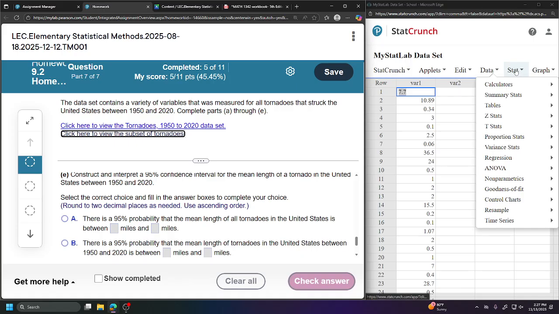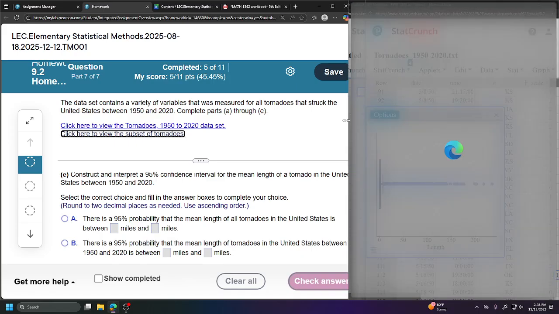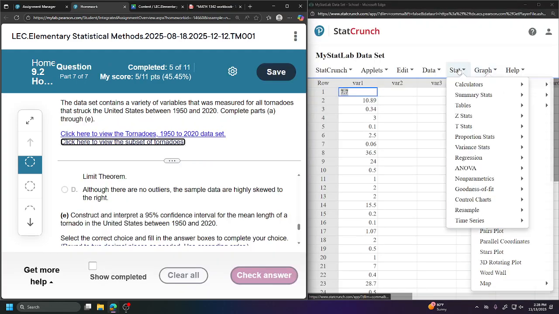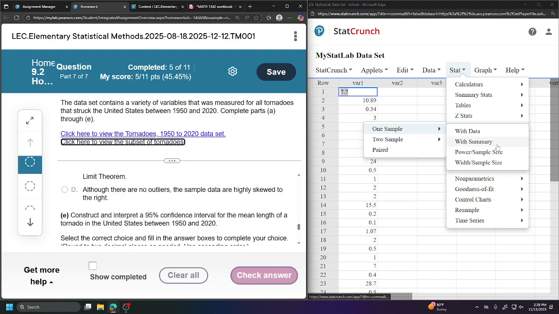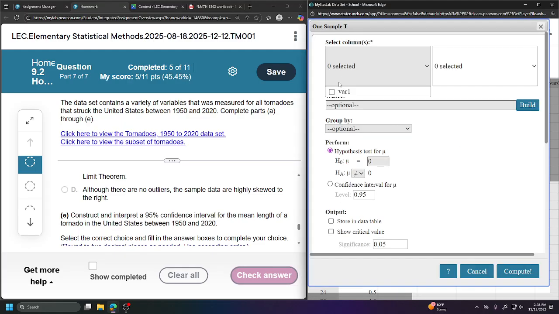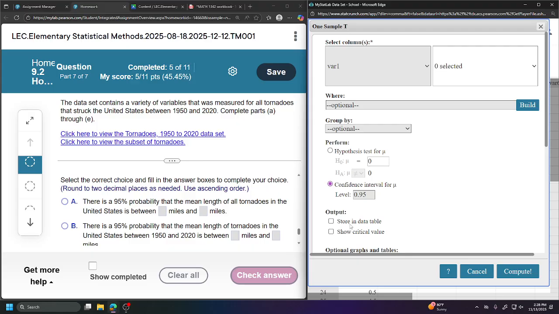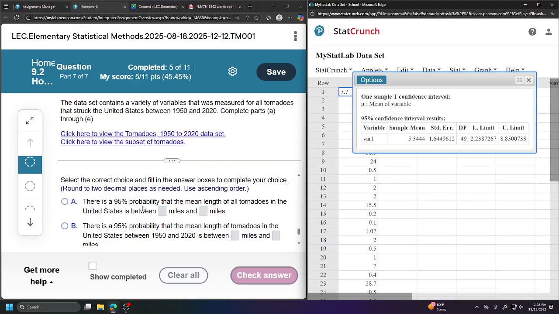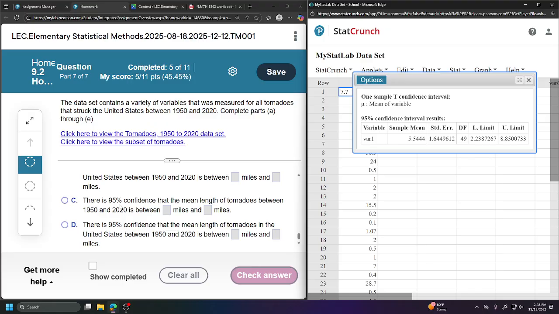So here we go. Stat. I'm going to do the t-stats, one sample, again, with data. Stat, t-stats, one sample with data. Yep, var1, very good. And then confidence, 95, they already have it. I'm going to hit compute. And so we got right here, 95% confidence,